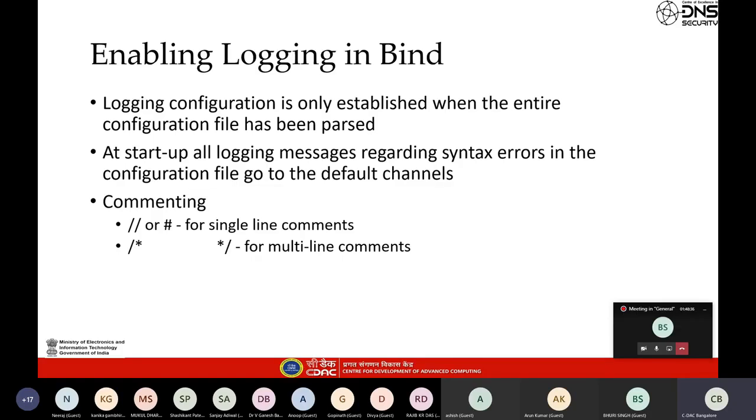And for commenting, it will use various types of comments. For single line comments, it is using // or #, and for multi-line comments, it is using this particular syntax. At startup, all logging messages